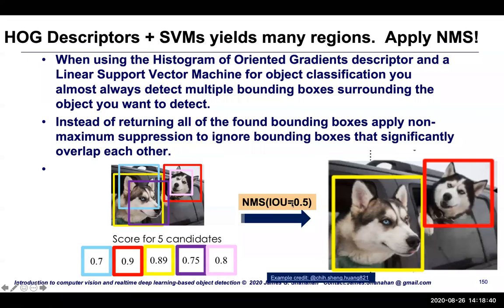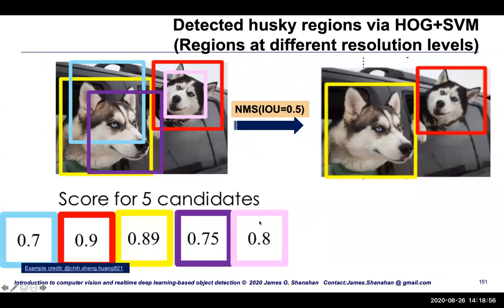If the IOU is big, if there's a big intersection over union, then clearly one region should win out, and you should drop the other one. So which one do you drop? You keep the highest probability region, and you drop all overlapping regions. So in this case here,